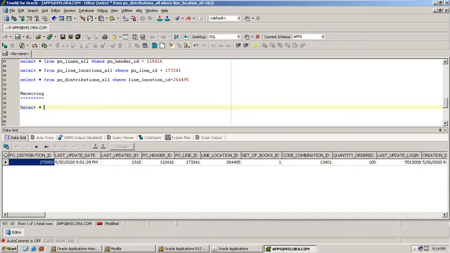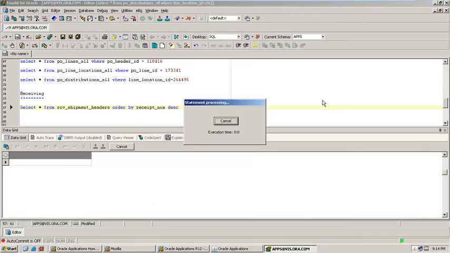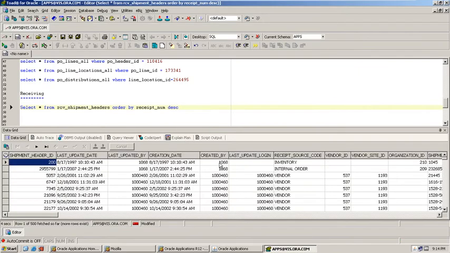Select star from RCV shipment headers where, order by receipt number DESC, because we have closed the window. We will check what the receipt number is. It has been created.